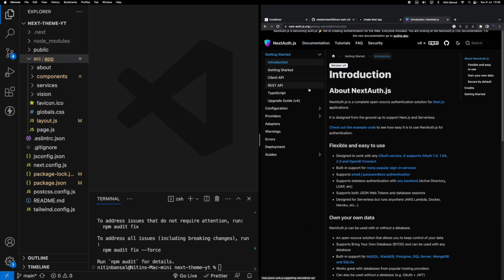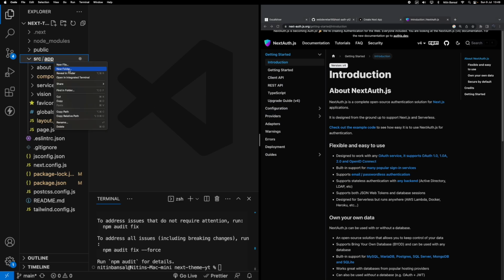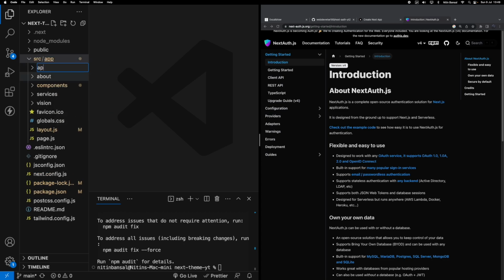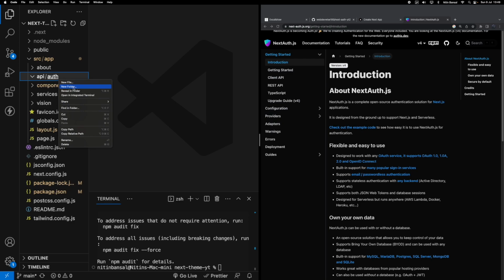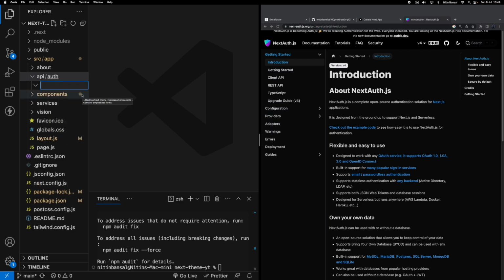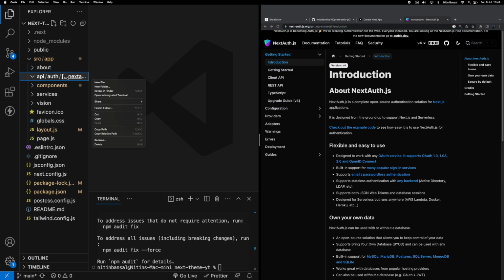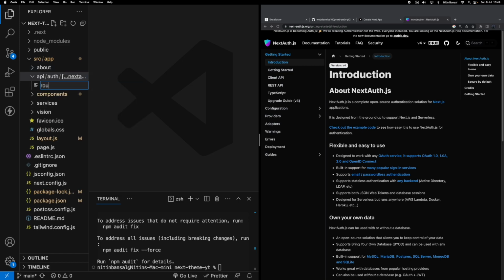To make this next-auth work, we have to utilize the API route in our application. So under the app router, we are going to create one more folder called API. Under this API folder, we are going to create one more folder called auth, and then we are going to utilize the spread operator for the next auth folder location. Under this, we are going to create a file called route.js,